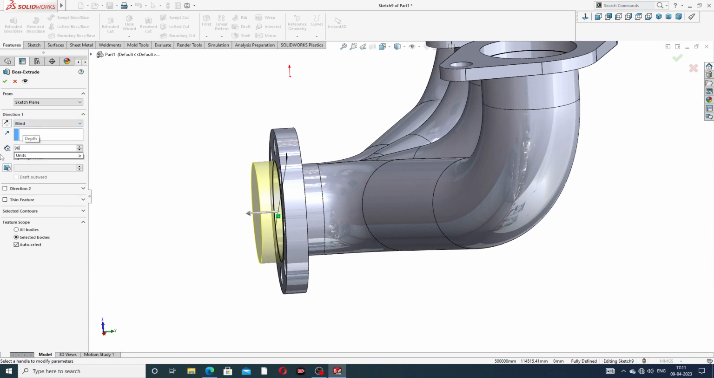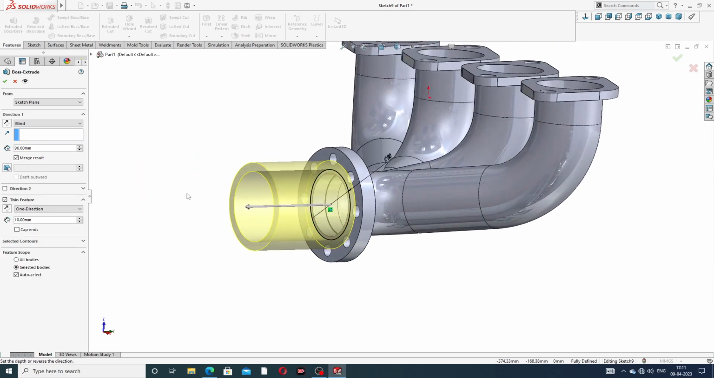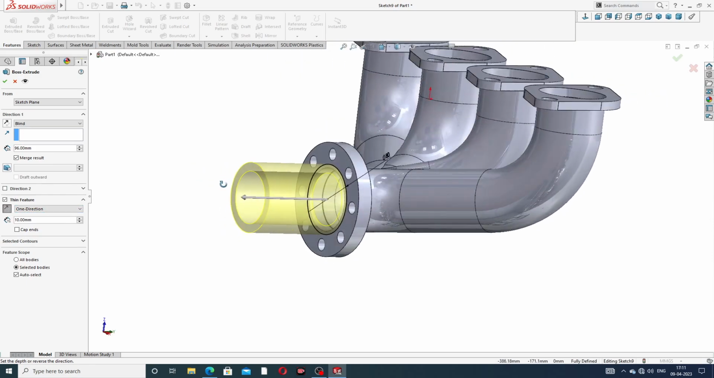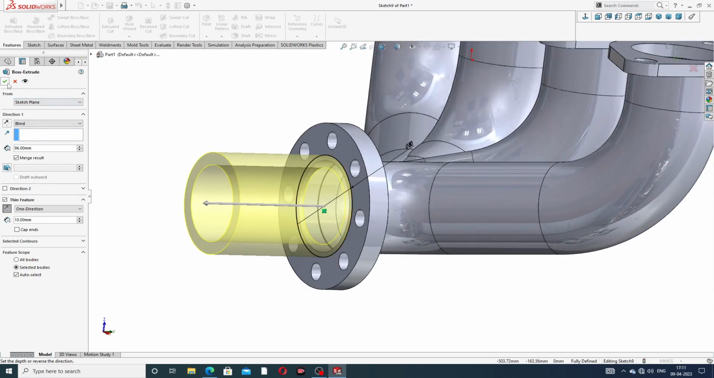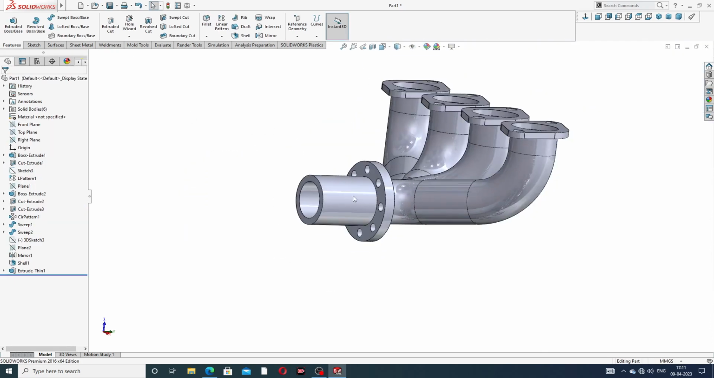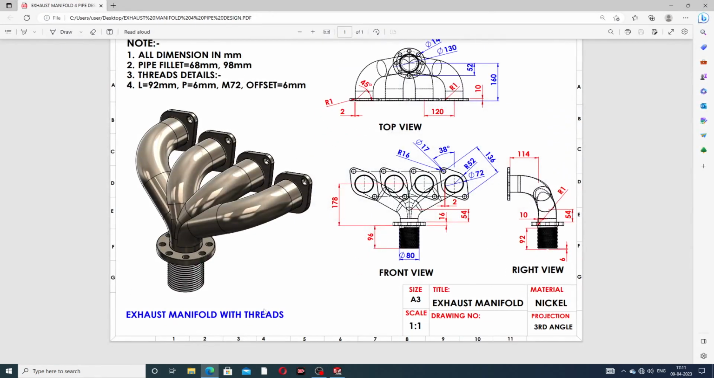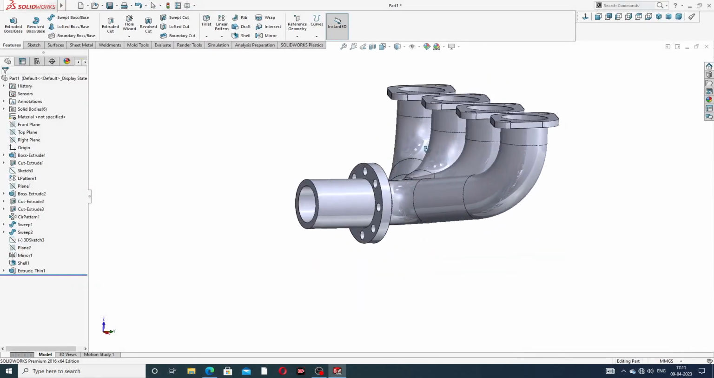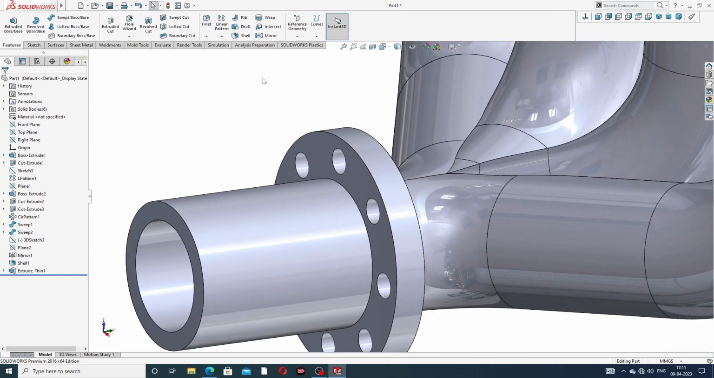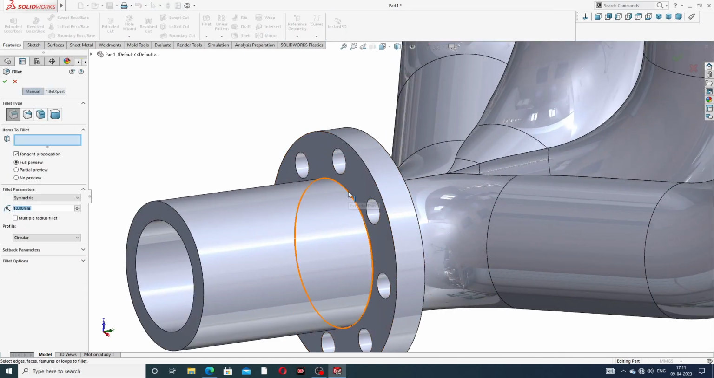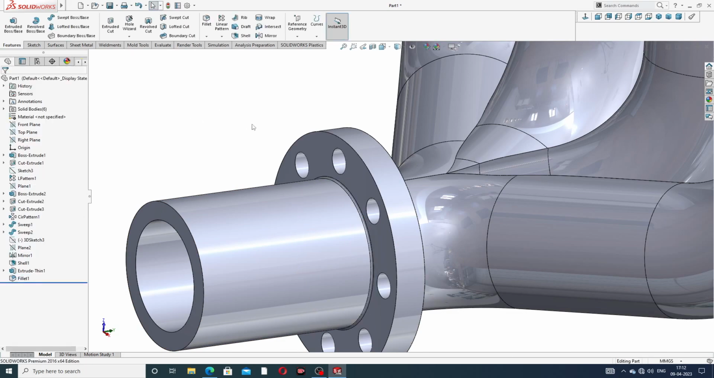Extrude boss thickness is 96 millimeter. Okay, and use thin feature, and thin feature direction is reverse. This is an inward direction, and this is looking perfect, and click OK. Okay, and this uses 96 millimeter. Okay, and use fillet. Fillet is this, use 1 millimeter, which is perfect, and use this 1 millimeter, and click OK,